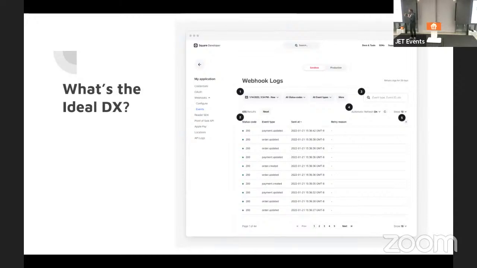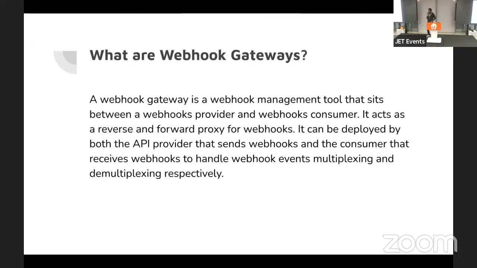And so they provide a webhook log where consumers can go into their environment and debug their webhooks without pinging engineers from the API provider. And this is common practice now. A few years ago, it wasn't common practice, but many API providers provide you a webhook log. And this developer experience is also very important to why there's something called a webhooks gateway. Okay.